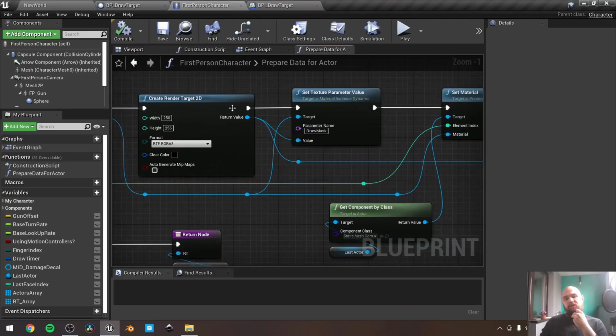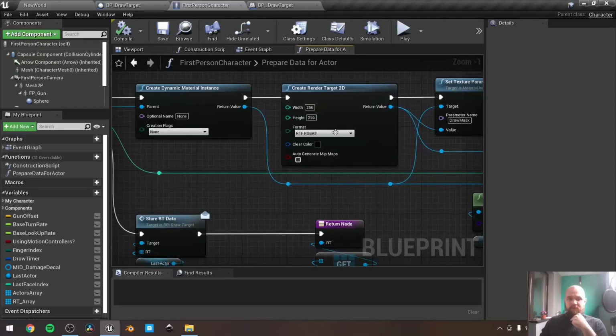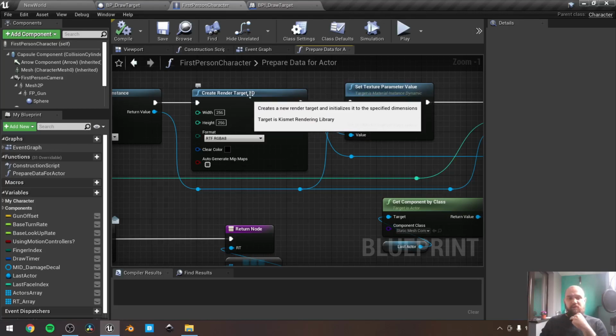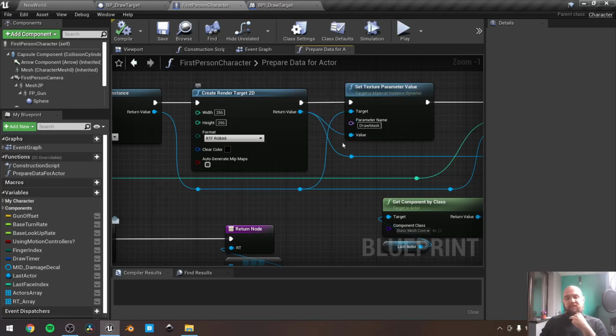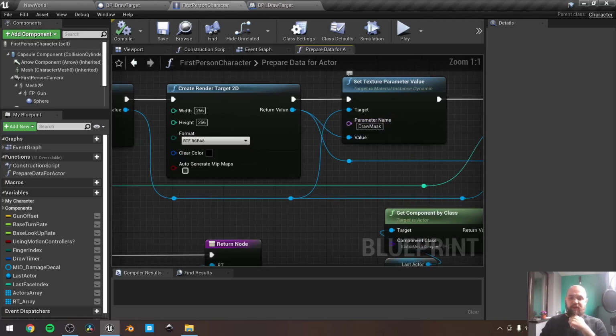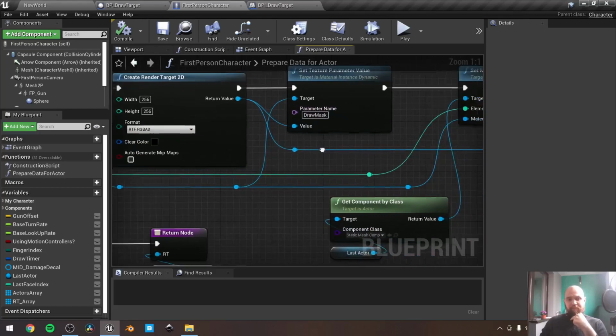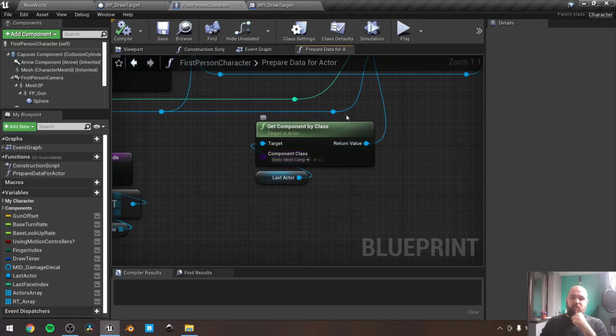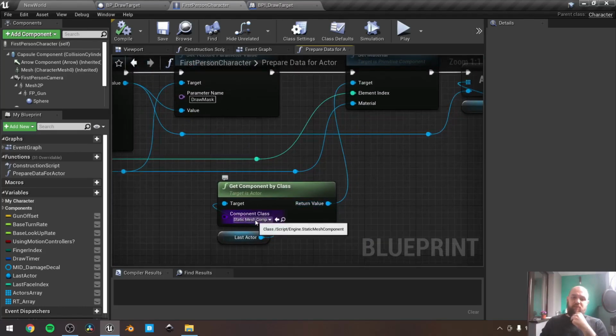And for each material instance dynamic, I use the particular render target as the reference to the texture parameter, and don't forget to provide the proper name. Then I use set material for each static mesh component. In my case I have only one, so